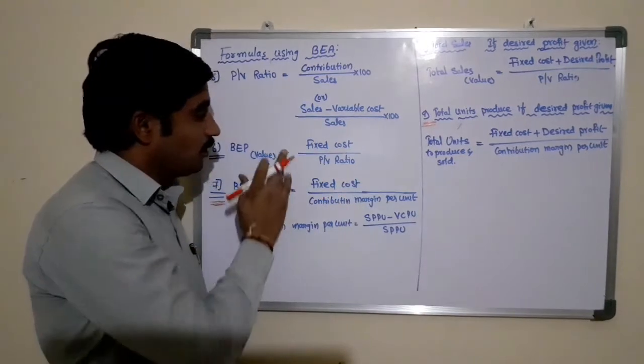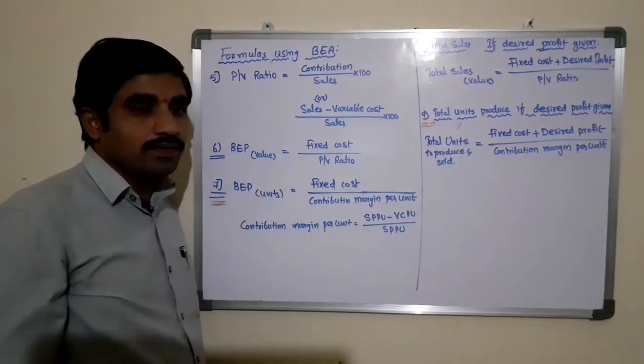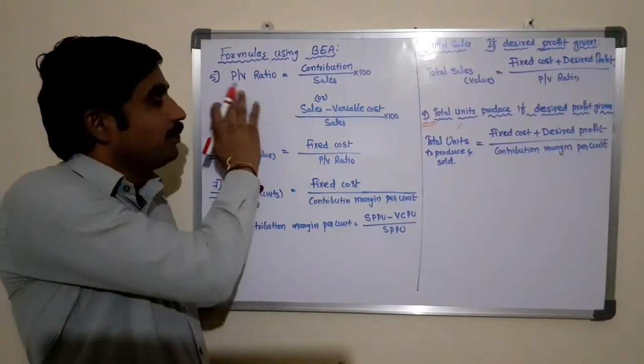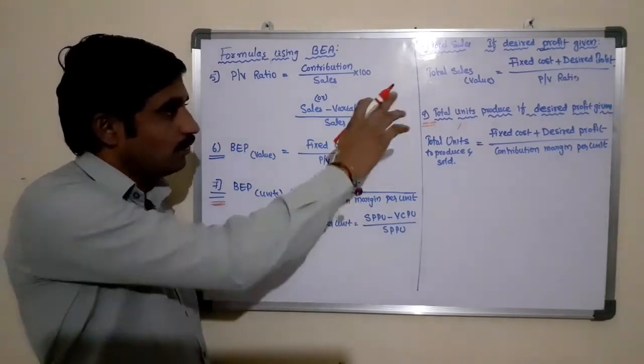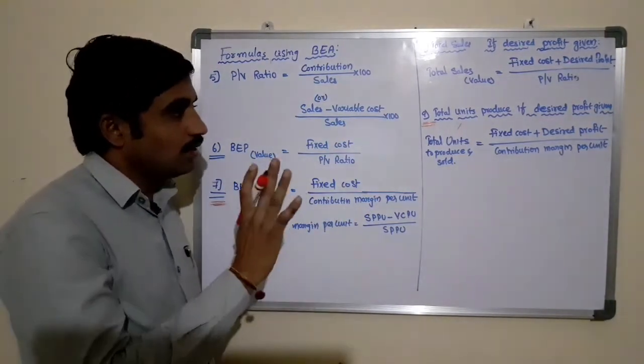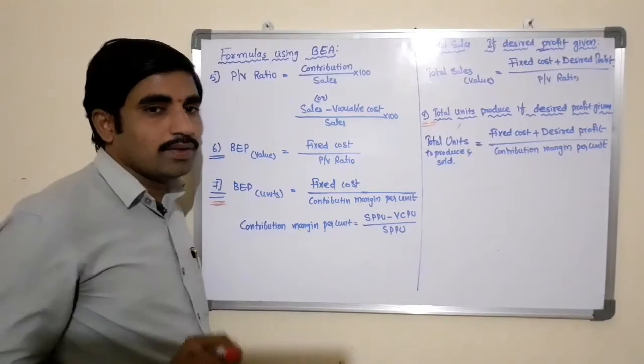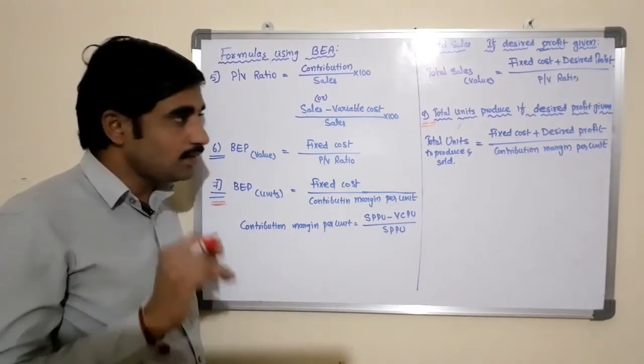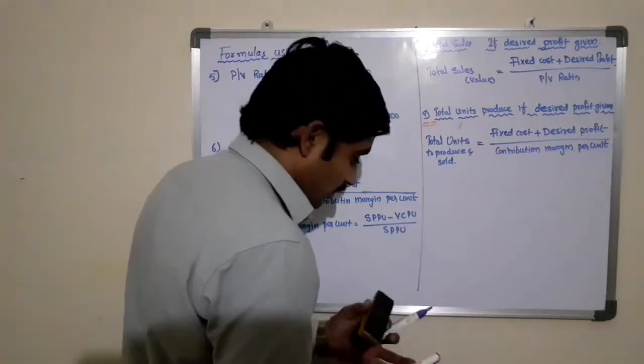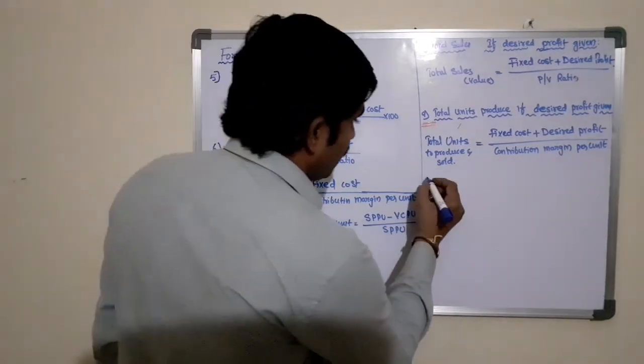These four formulas are also very, very important, including the PV ratio. 1, 2, 3, 4, 5. From an examination point of view, these 5 formulas are very, very important. Right. The next formula, that is PV ratio,